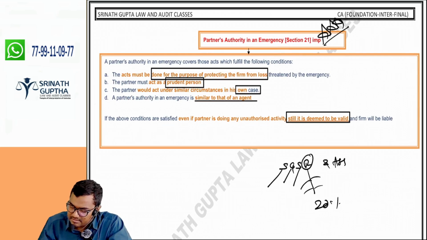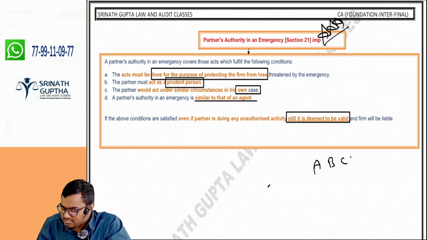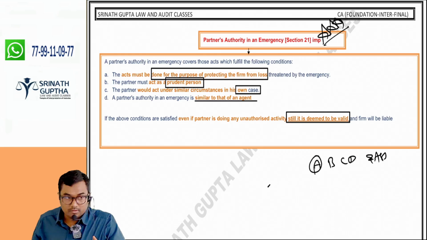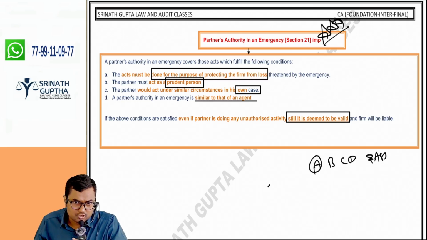So we discuss one example. One firm is ABCD and associates: Ajay, Bharat, Charan and associates. As per the partnership agreement, a partner should not go to the warehouse to bring the stock without the consent of other partners, and without the consent of other partners, we should not give the discount.